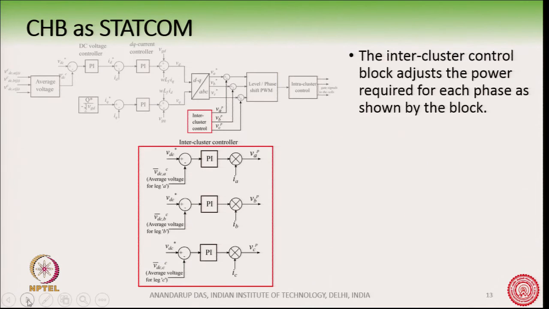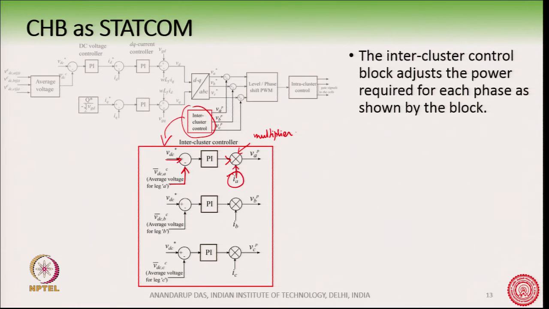So, how does it work? What is there inside this intercluster block? It is shown by this diagram here. Basically, it is also a PI control base. You have the VDC star, which is the average voltage of the interface, and this is the feedback voltage, the average voltage for phase A or leg A, okay. And then it generates an error, and that error is multiplied, this is a multiplier here, with